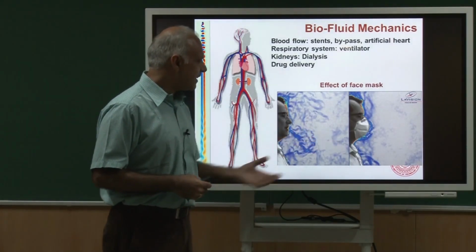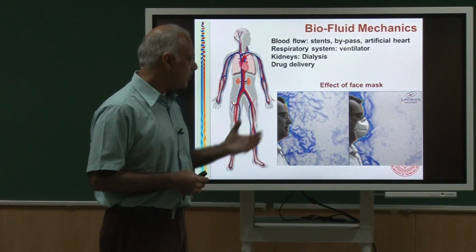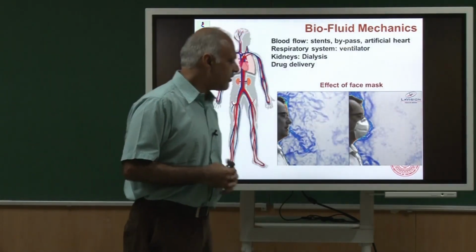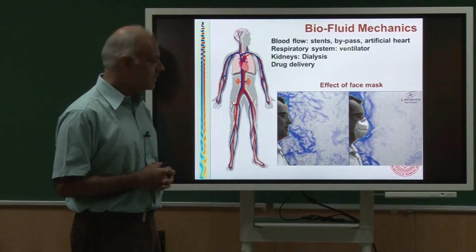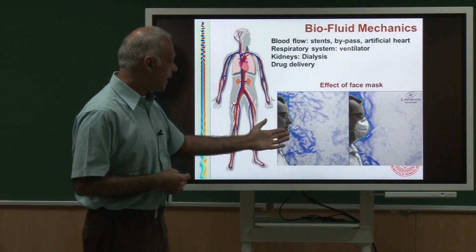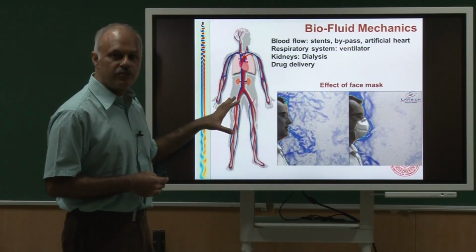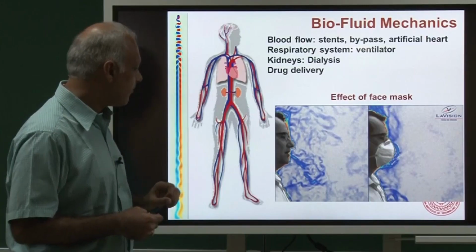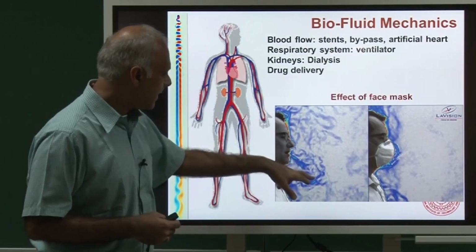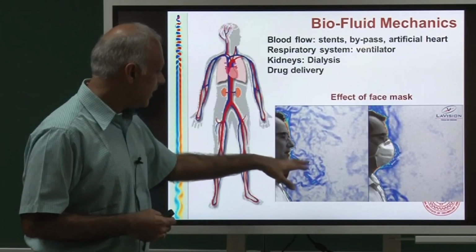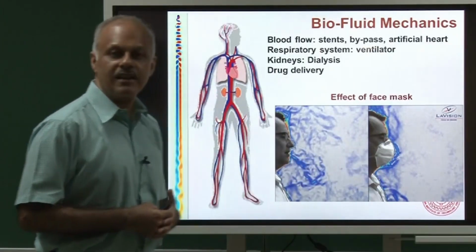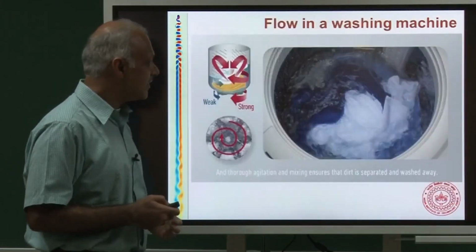You must have seen pictures like this. There are some advisories for COVID that when you go out it is safe to wear a mask. This is a picture from one of the famous companies who do flow diagnostics, and they have produced some brilliant pictures on what happens if you do not use a mask. They are visualizing this flow using density gradient based graphics. If you can see, this person is breathing, so all the air that comes out of his lungs and throat creates a very big signature. On the other hand, if you use a mask, then it is very local. So you could do this kind of an analysis as well.